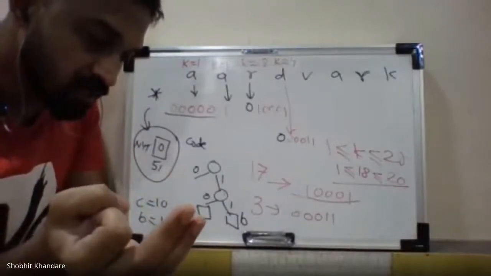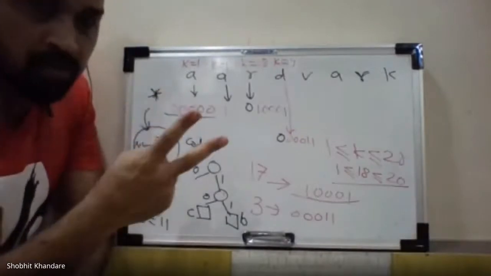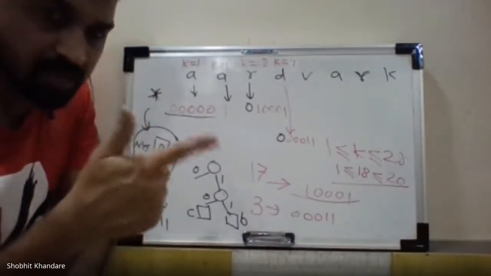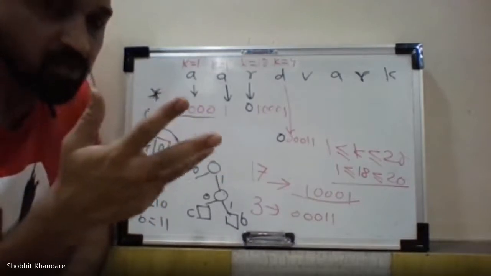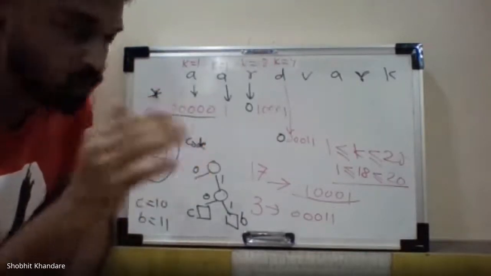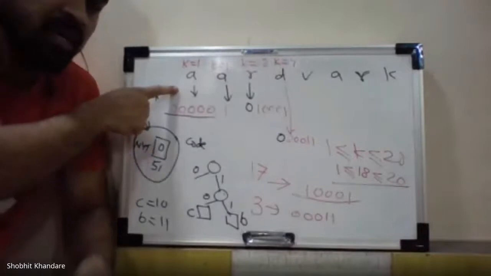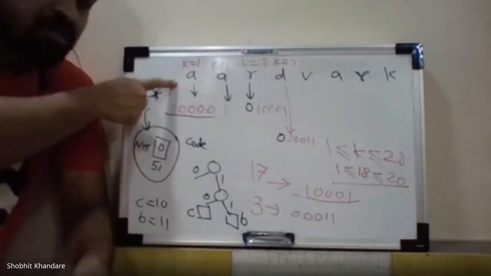Now the third step, if the symbol has... so when I was talking about A, we have seen the first step, second step, no need to refer to the third step, but we have to refer to the fourth step. What is the fourth step? Continuously update the tree accordingly for all the symbols. I mean to say that when you are done with A, you have to update the tree. Okay, so what is update? How do you update the tree for A now?